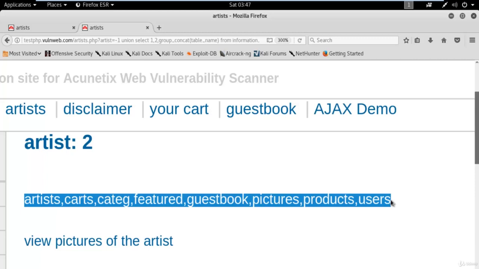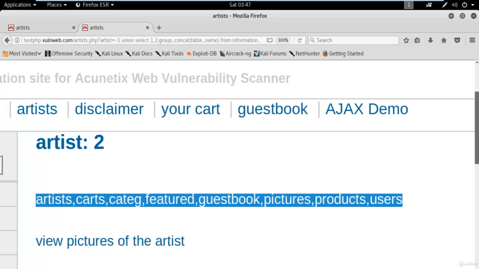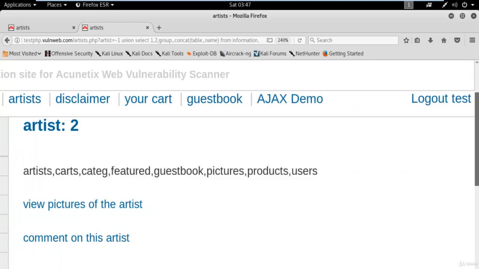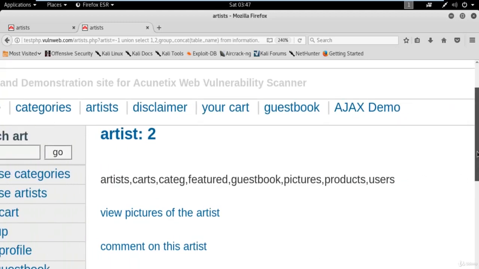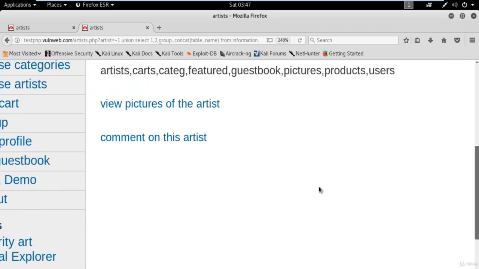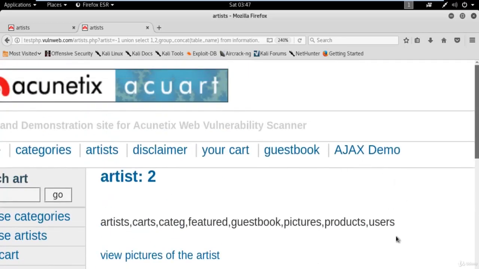That basically you can also try with SQL map. You will get the same number of columns, tables basically. So these are the tables available. So we got the table names here. Now you can use any table. For example, if you want to use users table name, then you can try with users. So if you want to find the column names from this table name, let's find out.